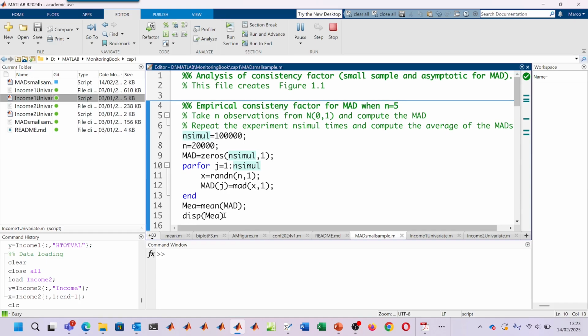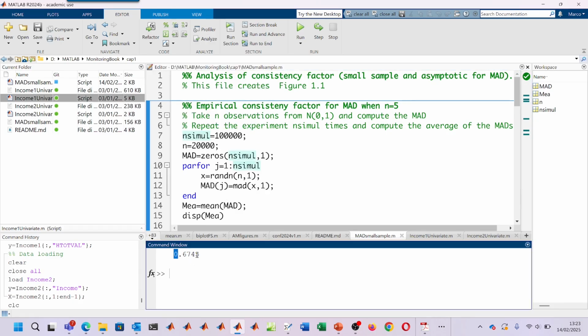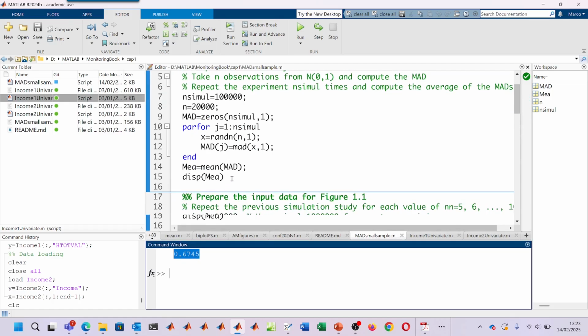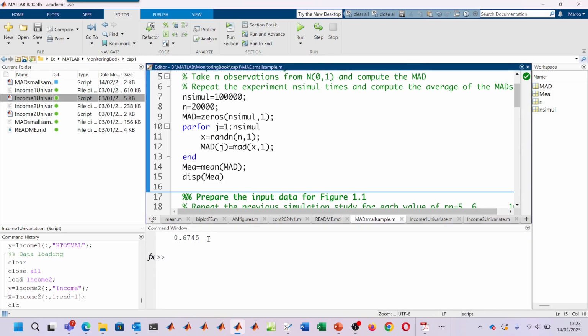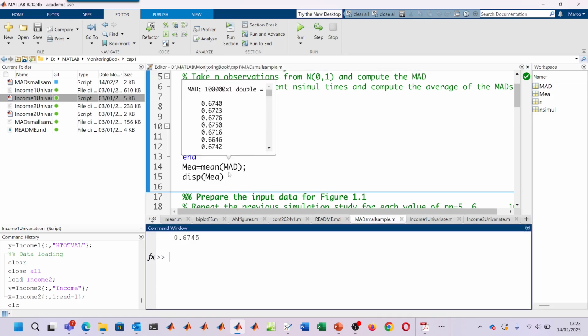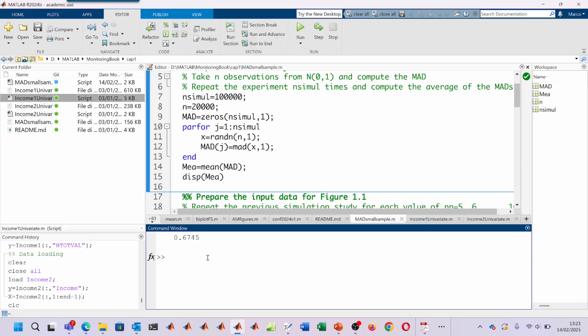So the mean of these 100,000 values of MAD is, in this case, a number which is very close to the third quartile of the standard normal distribution. This is the theoretical value that is obtained for very large samples using the inverse of the cumulative distribution function of the normal distribution. In fact, norminv(0.75) is